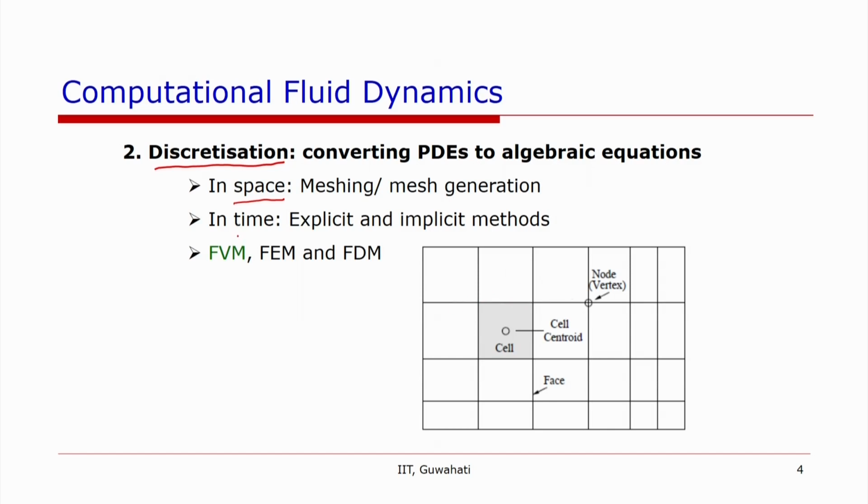Similarly, to solve in time, we need to have explicit or implicit time marching scheme, so we need to discretize in time. And there are a number of techniques for discretization in space. In computational fluid dynamics, three most popular techniques are finite volume method, finite element method, and finite difference method. So FVM is finite volume method,